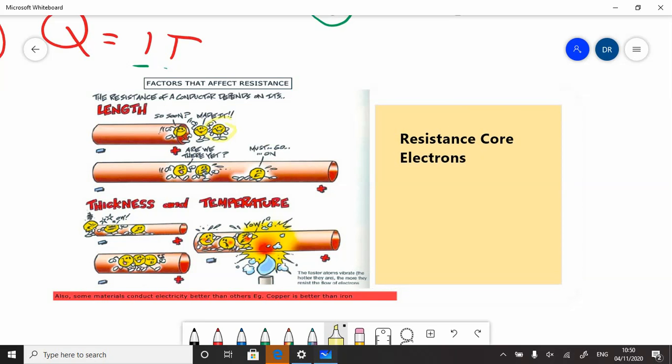So we've got a very diagrammatic view here of our electrons, and they are affected by a circuit because they have to move past each of the atoms. What you need to imagine is inside any material there are lots and lots of atoms that are effectively blocking the path of those electrons. And when the atoms bump into them, that causes a transfer of energy, and in particular it's heat that we